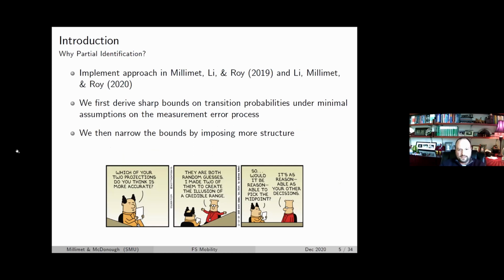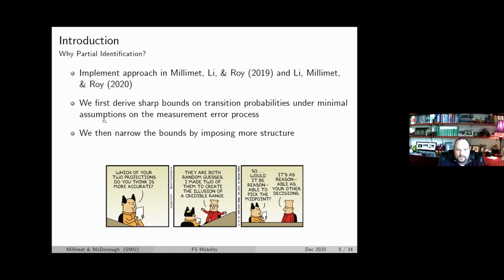All right. So why partial identification? I have a previous paper, that should be 2020, that's forthcoming at JBES with two other of my former students, where we developed this approach to partially identify transition matrices. And then the three of us have a follow-up paper that's currently under review that's just an applied paper looking at mobility in India. That paper adds a few new assumptions to see what their identifying power is in terms of tightening the bounds that we didn't consider in the first paper.